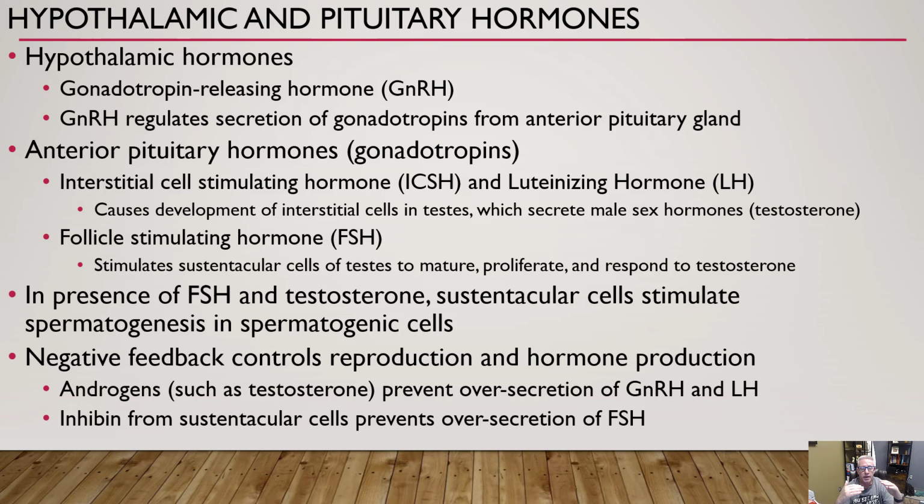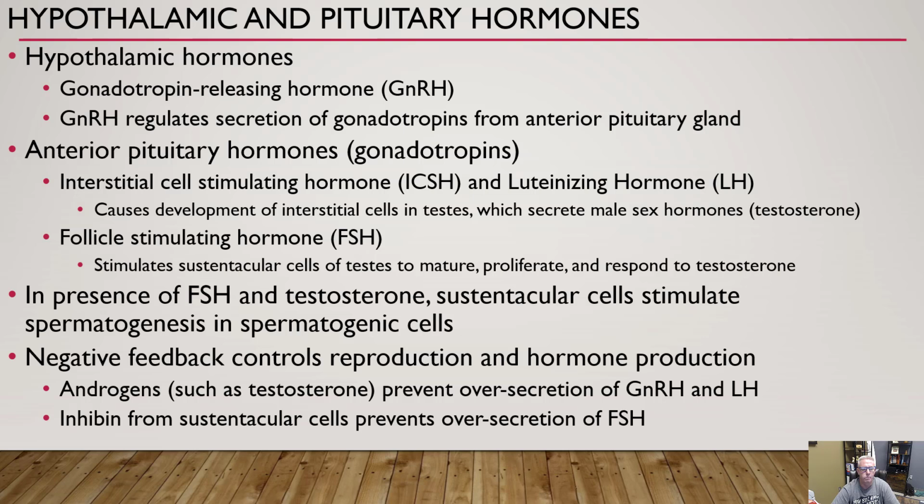So once we have enough sperm production, that sperm is going to say, hey, well, obviously the sperm's not going to say, but the sperm is going to say, hey, we have enough sperm, so go ahead and drop off the concentrations of LH and FSH. So the hypothalamus is going to stop releasing GnRH, which is in turn going to stop the anterior pituitary from releasing ICSH, LH, and FSH. So these androgens, the testosterone, is going to prevent oversecretion of GnRH, LH,